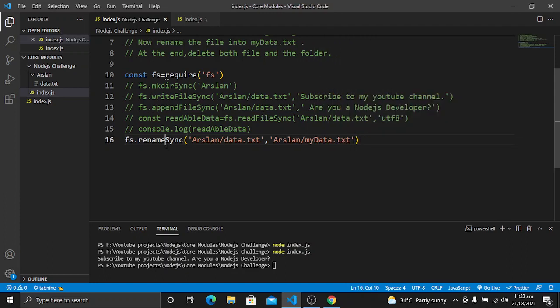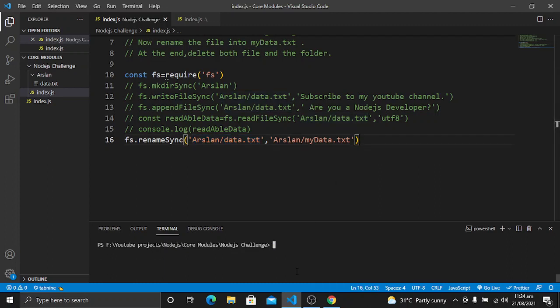So this function gets the first path, the directory and the file name, and then the new name to which we want to change it. So let's save it and clear the terminal. Now run the code again. Now just focus here at this point. You will see data.txt will be changed into mydata.txt.